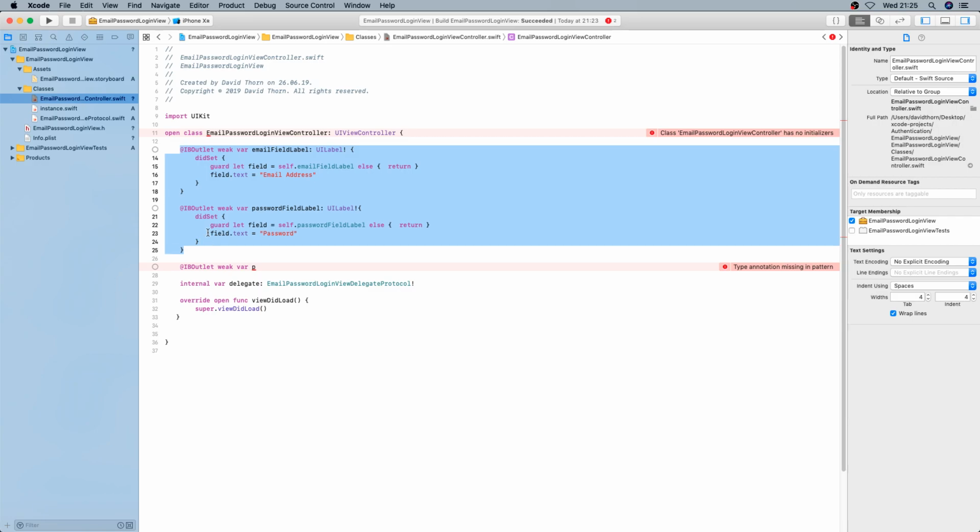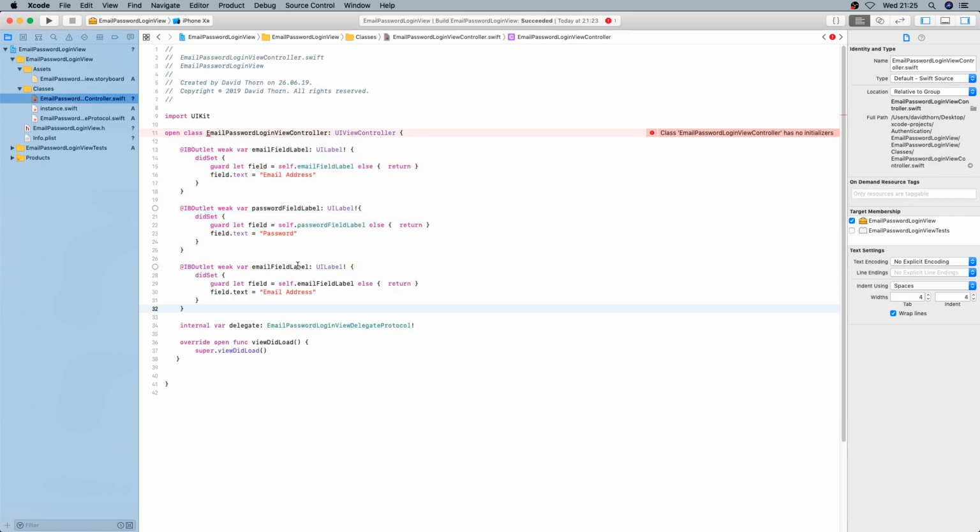So we can copy one, and then we've got UITextField. So now we've got the actual field, and it should be label. That's better. Okay, now we've got the email field, and then we're setting the